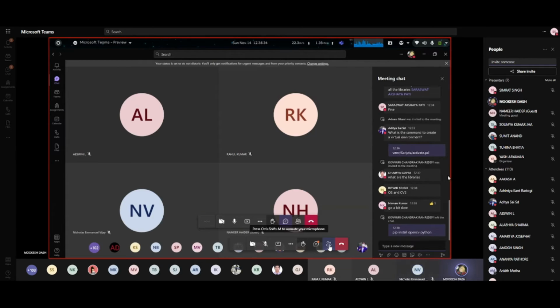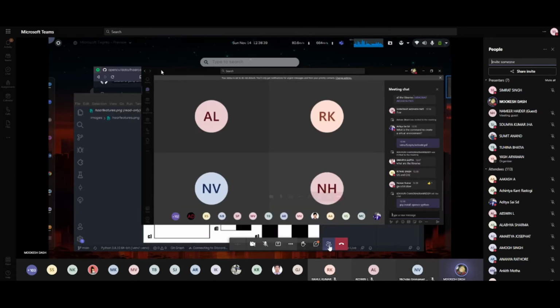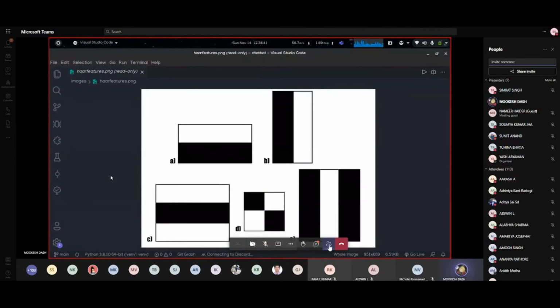Okay, I'll go a bit slow then. I'll explain the Haar feature again. I guess you've not understood. What a Haar cascade does is that it generates a Haar feature. These are what Haar features look like. These features on the image make it really easy to find the edges or lines in an image, or to pick areas where there is a sudden change in the intensities of the pixels. So basically, when you look at the face of a human, it will obviously be very different from images that won't contain a face, right?